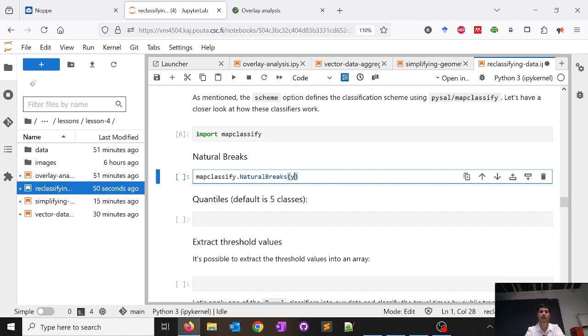So for y, you provide a GeoSeries, a column of your data. From my accessibility grid, I want to apply the classification on this column this time, PT_R_TT. Then again, it's natural breaks, so you need to provide the number of classes you want to go with. And then if you run this,